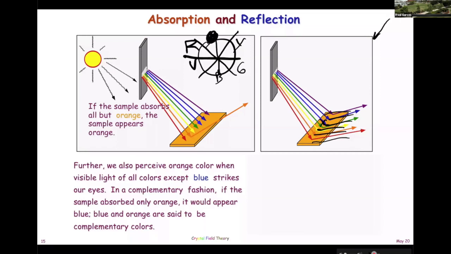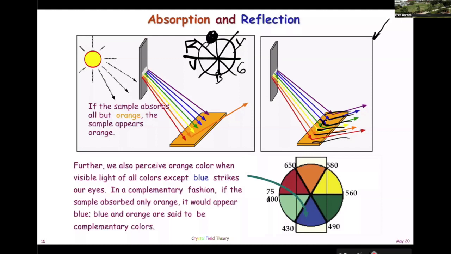So if we see an orange object, it's either because only the orange wavelength of light hits us, or more importantly, this is especially true in spectroscopy, orange is absorbed and then the other complement colors hit our eyes. Then the absence of orange makes that object look blue to our eyes, okay? So why is that important? Because now you know that if we see an object as yellow,